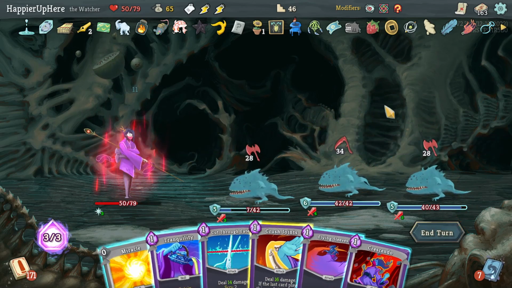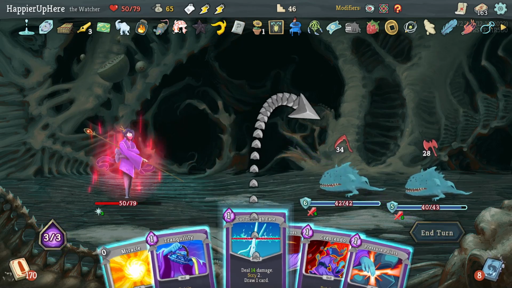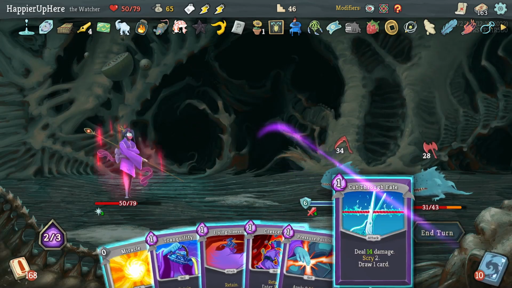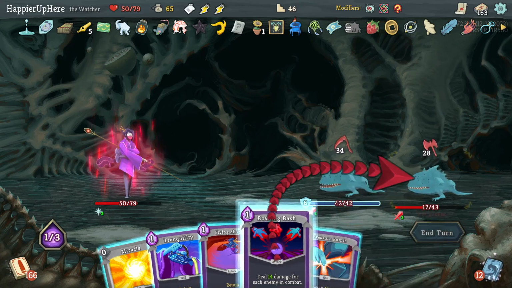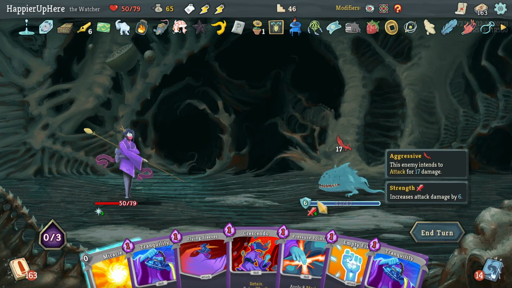Okay. And then, wow, lots of incoming here. Alright, let's do Crush Joints, get rid of you. Okay. Then Cut Through Fate. Probably keep another Cut Through Fate. Actually, Empty Body would have not been a horrible idea. Let's grab the Bowling Bash. Alright. Okay. And then, yeah, I can Empty Mind to exit Wrath. Let's also do...